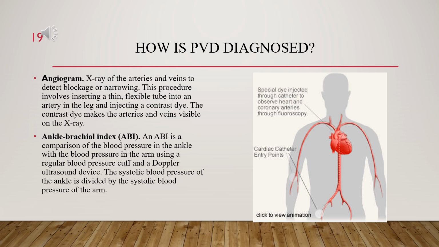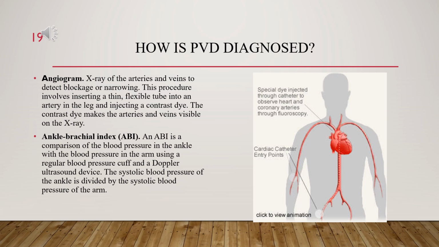There are a few ways that PVD can be diagnosed. One is with an angiogram, so they take an x-ray of the arteries and veins to see any blockages or narrowing. And this procedure involves inserting a thin, flexible tube into the artery in the leg, and then they inject a contrast dye, and the contrast dye makes the arteries and veins visible on the x-ray